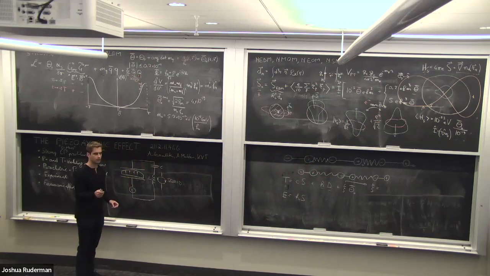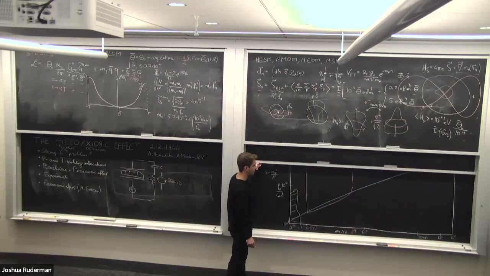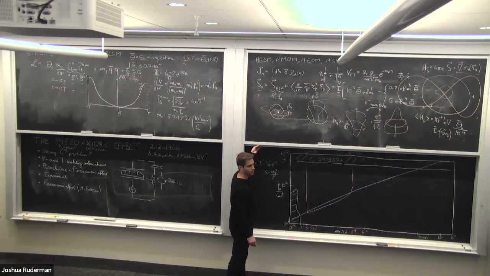So this bound, that's assuming that axions make up all of the dark matter? Yeah. For this we require the axion to be all of the dark matter, and then we think we can look in this range.